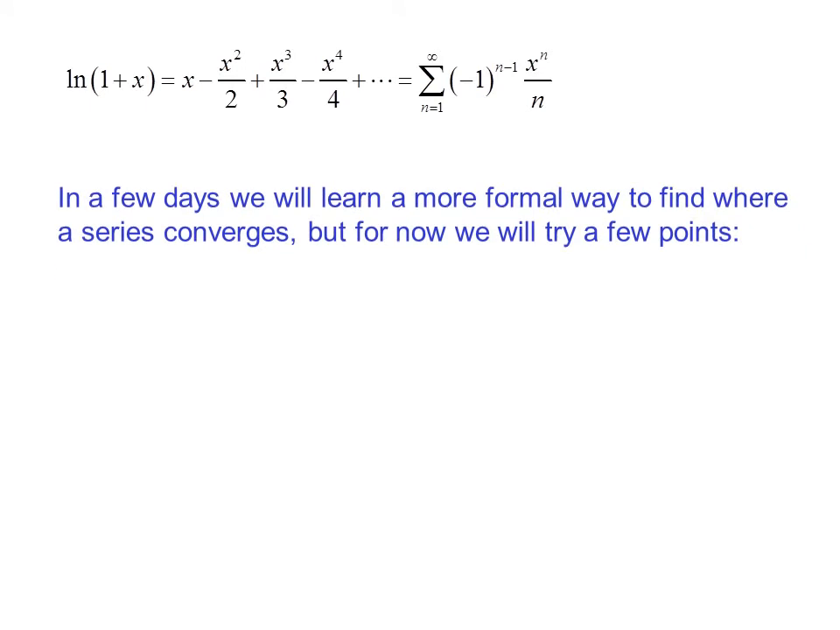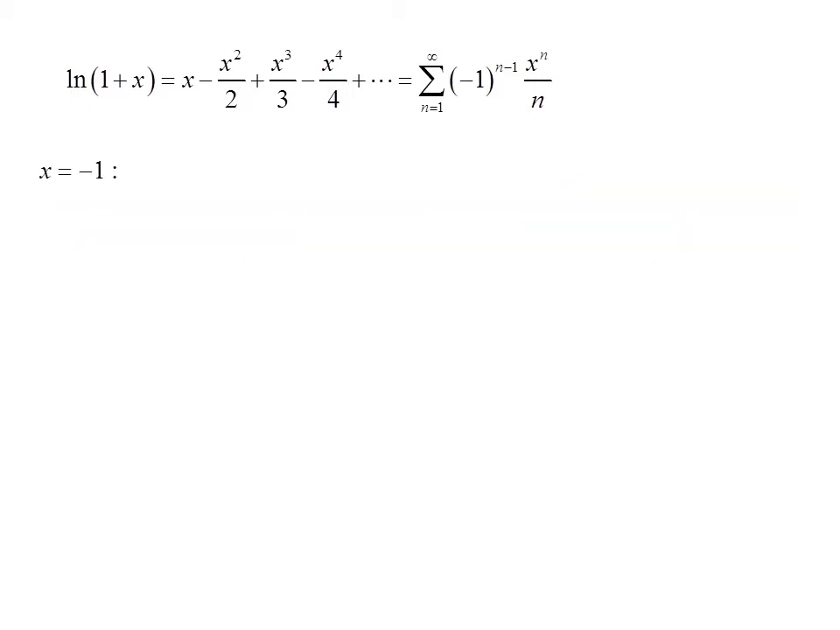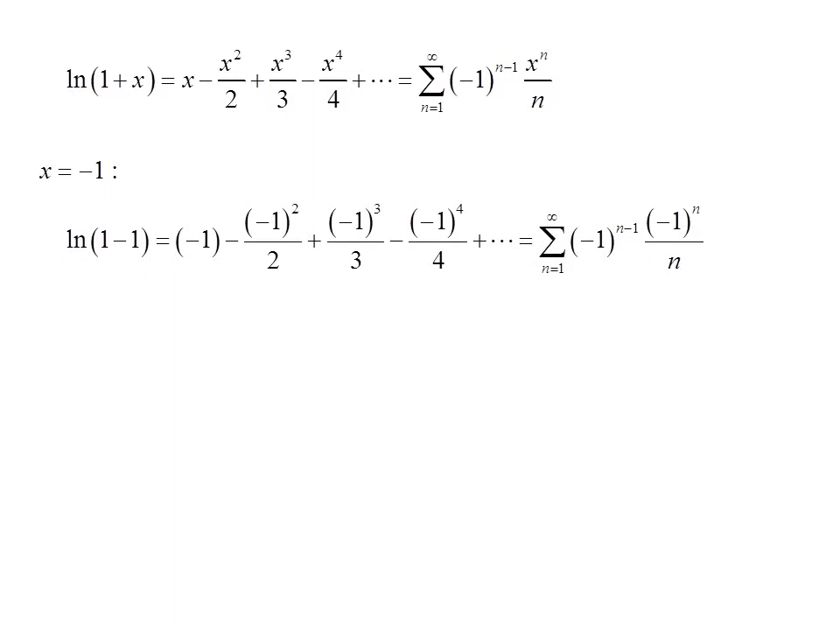In a few days, we will learn a more formal way to find where the series converges, but for now, we will try a few points. At x equals negative 1, we have ln(1 minus 1) equals negative 1 minus (negative 1) squared over 2 plus (negative 1) cubed over 3 minus (negative 1) to the fourth over 4,